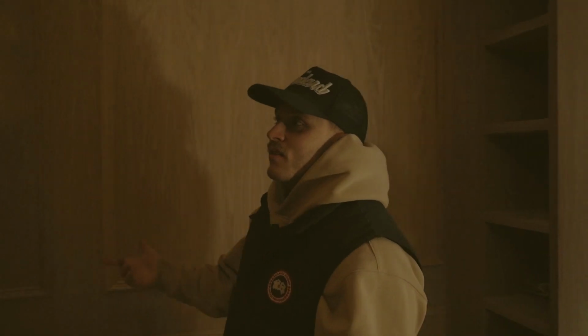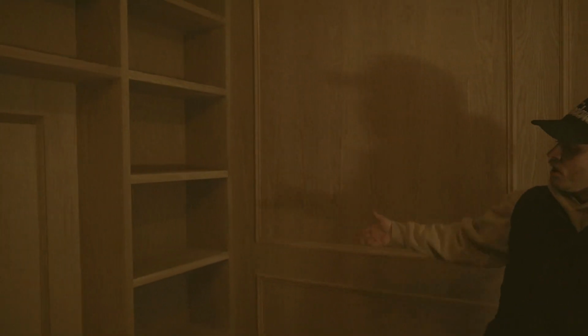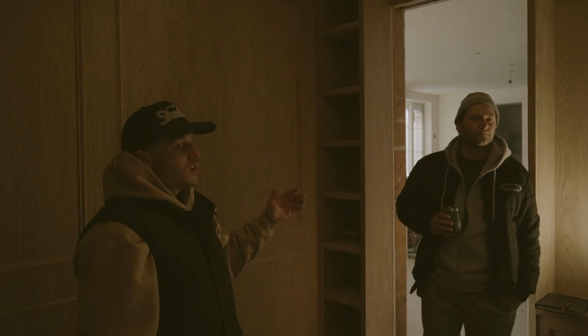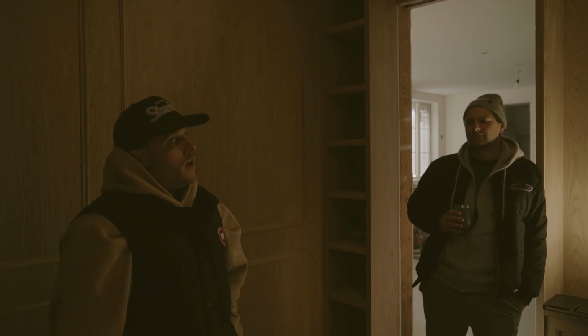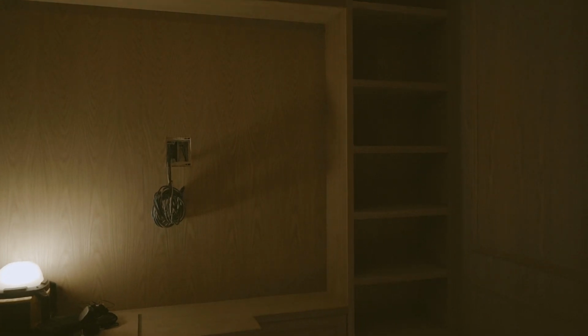This is what we're calling the den/library. So we've got two walls completely lined with shelving. So this is where the homeowners are going to put all their books. This is kind of like a really chill area. So they're going to have a sliding door that's going to close it off from the house. The door is two-sided. Front side will be paint. Back side will match the interior of the den. And yeah, they're going to have a TV here, as well as probably some seating areas. And this is where the family's just going to kind of relax, enjoy some quiet time, and read a good